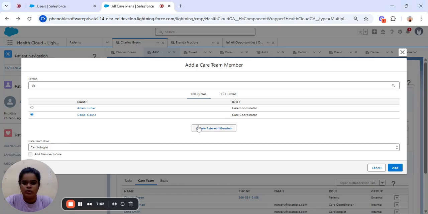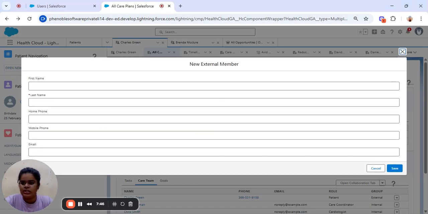So how can we do this? We click on create external member. For example, I have created Mr. Smith.